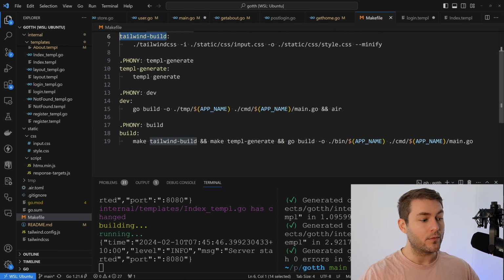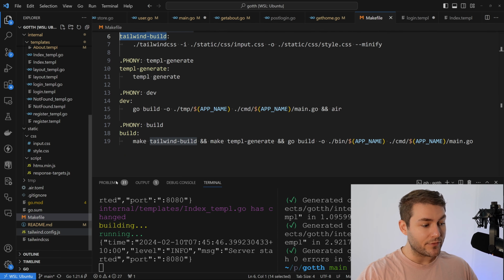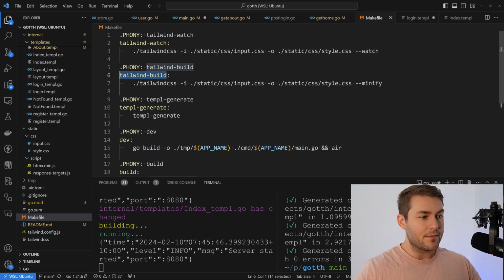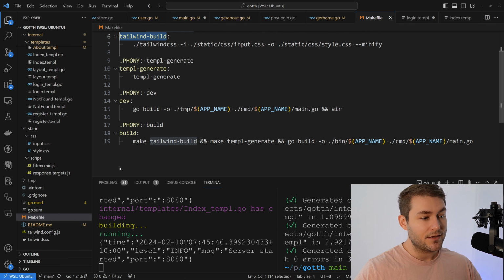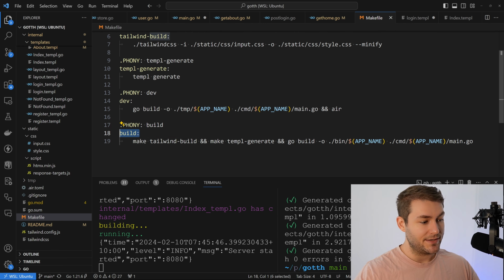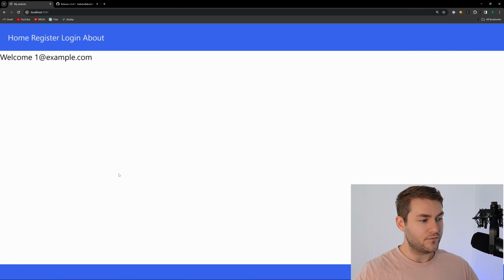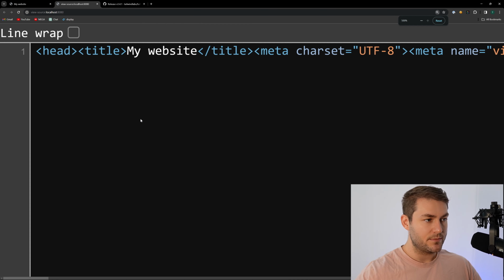If that doesn't work, remember you need to use the Tailwind binary that is suited for your operating system. This Tailwind build command here, you probably won't need to run that manually because it's included inside of the build command here. The last thing I want to show you is if we have a look at the view page source and we zoom in a little bit here,